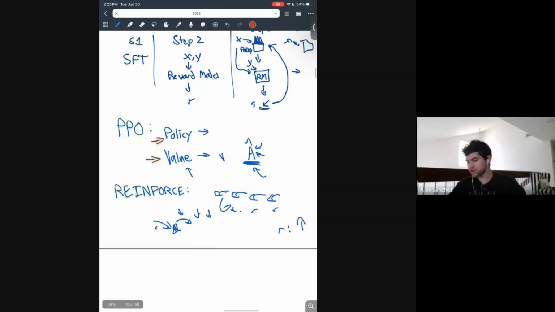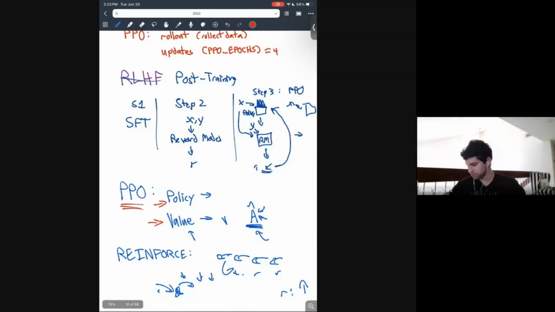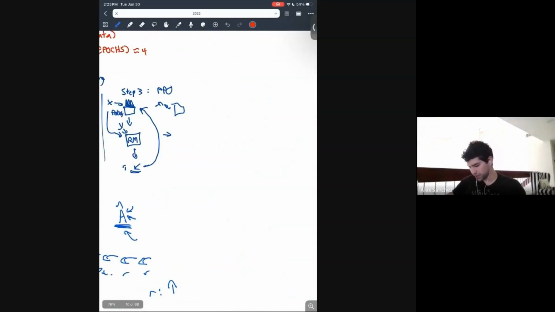Now, the difference with using PPO for language model post-training is that, with our policy and our value, in our environment we don't have something that explicitly gives us the reward. That's the whole point of this reward model. We have the reward model that now outputs an actual reward. And then, as you know, we have a KL penalty that we calculate per token,